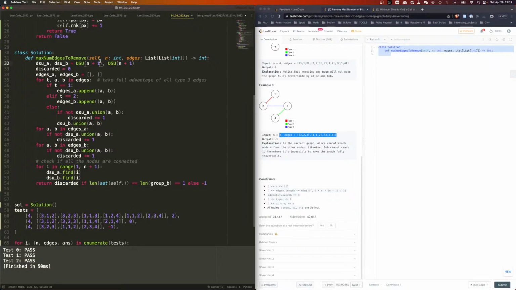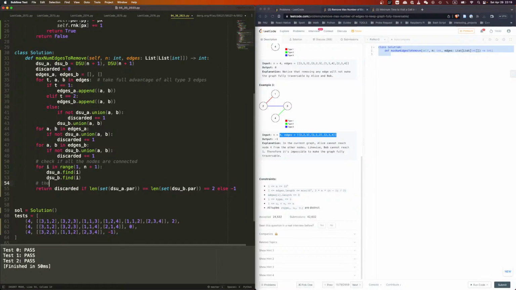It's fine. So len set of dsu A's parent and dsu B's parent equal to 2, right? The total number of groups in the DSU must be 2 because